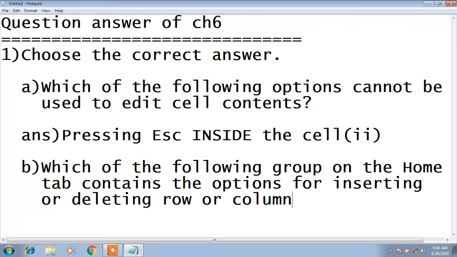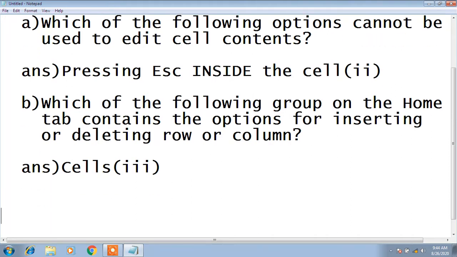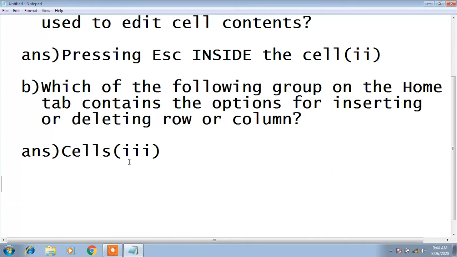So this is the question. The answer of this MCQ is Cells, and this one is the third choice. In the Home tab we have the Cells group, which contains the options for inserting or deleting rows or columns.